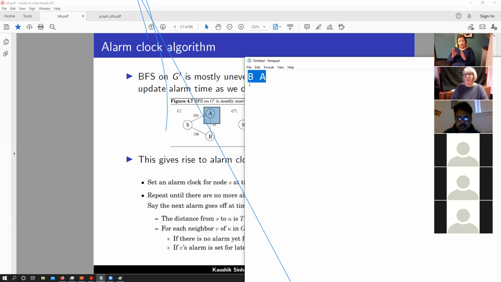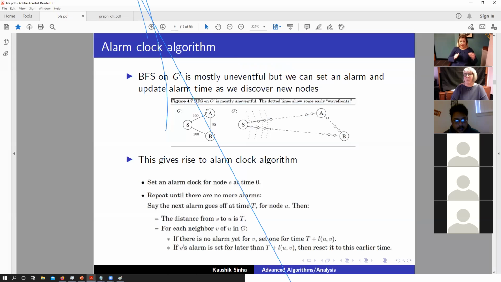Here, if we insert B and A, it gets automatically sorted to A and B because A has the shorter distance. Does the priority queue idea make any sense as to why we want a priority queue to actually analyze A before B? Yes or no? We will explore this property in more detail, but essentially, does everyone agree that if I am performing BFS from S and we detect both A and B, I need to analyze A first and then B instead of the other way around?